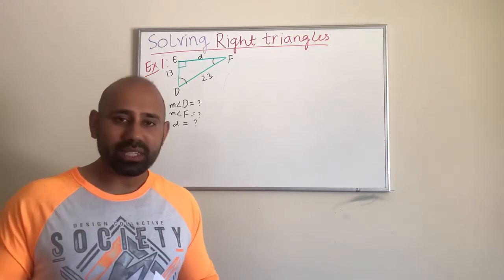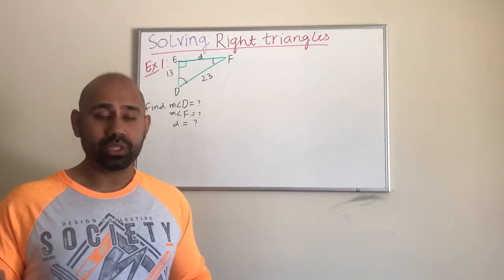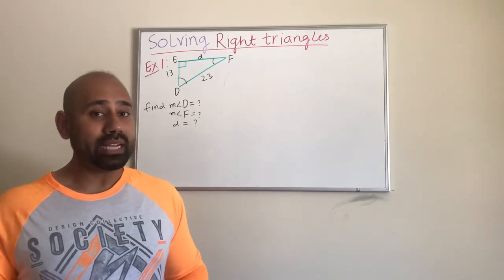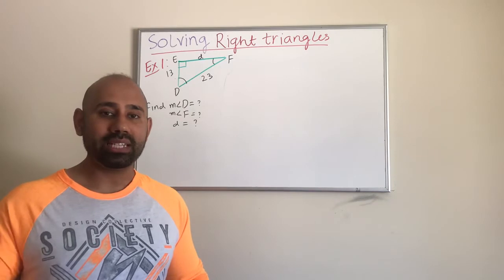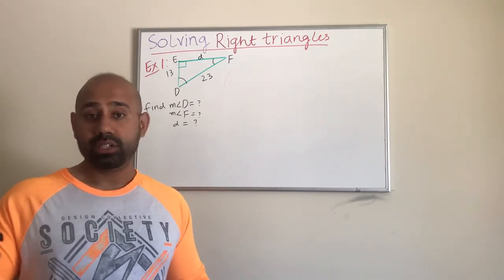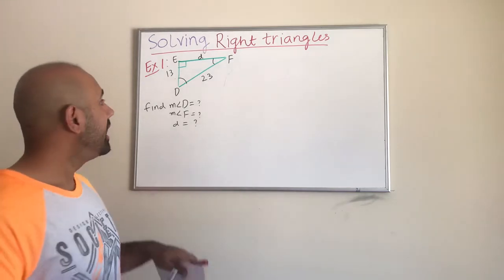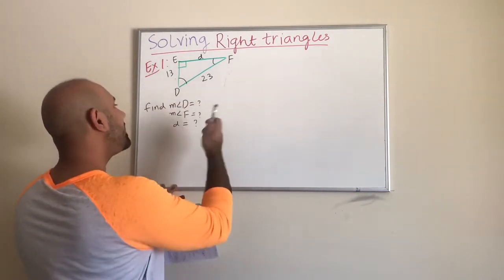So guys, most of the times you'll be able to just use any of those 3 or a combination of those 3 to figure out the missing sides or missing angles for a given right triangle. You may not have to go into the cosecant, secant and cotangent, which are just the other 3 trig functions. So here, let us say if I have to figure out the value for the angle D, then let us start by writing